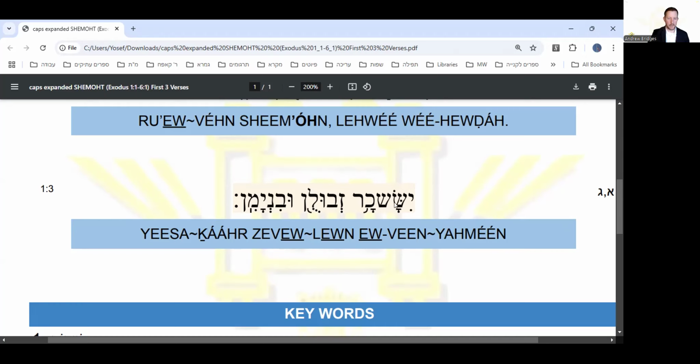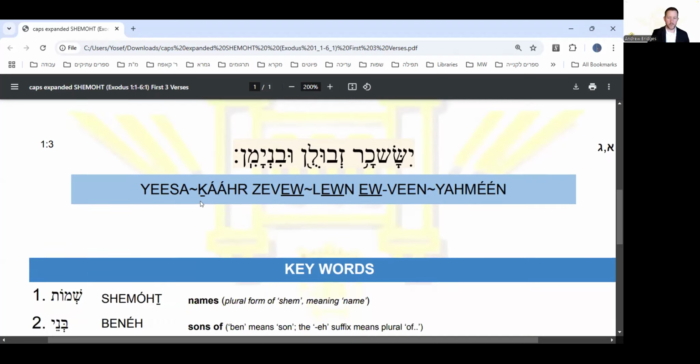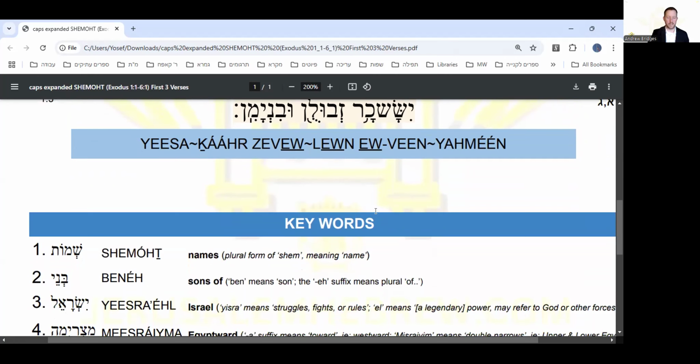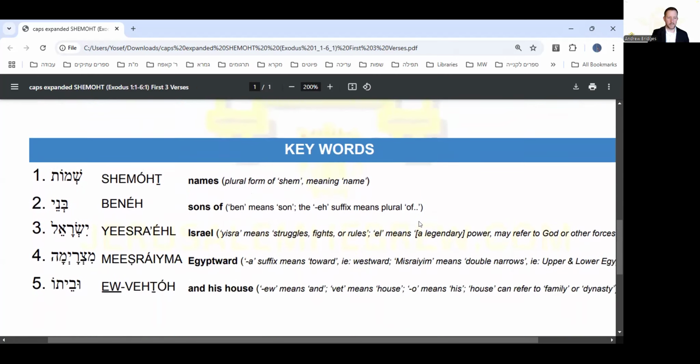You'll notice I'm holding down the S sound, extending the sound of the S because there's a dagesh in it. That is called gemination. Issachar, Zvulun, Zvulun, Uvin Yamin, Uvin Yamin. A little more quickly. Issachar, Zvulun, Uvin Yamin, Issachar, Zvulun, Uvin Yamin. And that concludes the first three verses of the first parashat, the first Torah reading in the book of Exodus,